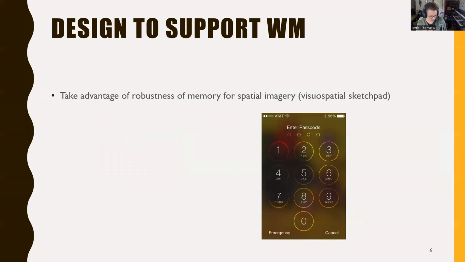Remember again my example of when you go to the grocery store and you're trying to remember all the ingredients for the sandwich. One of the ways to do that is to visualize yourself making the sandwich. And this would take advantage of the very strong image-based visual spatial sketchpad memory, that could be quite robust,